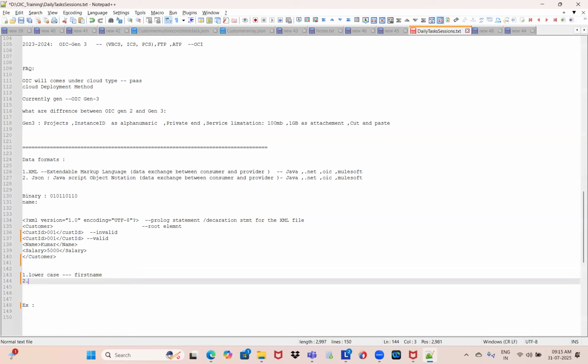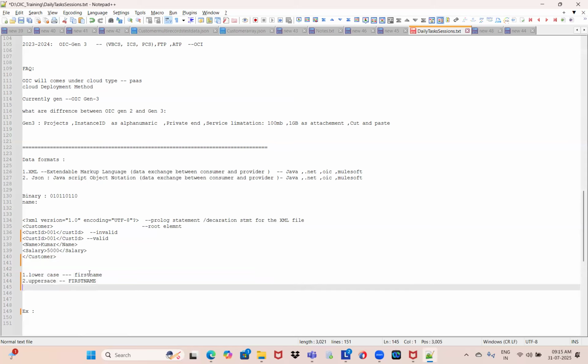The second way is uppercase letters, where everything is uppercase. This is also valid. This is also valid. And this is also valid. So the third one is